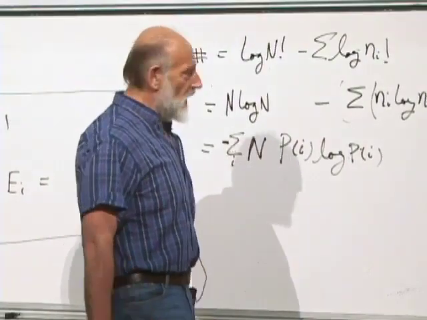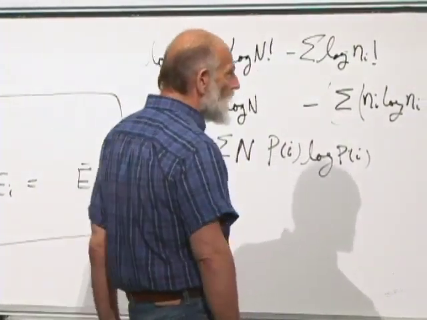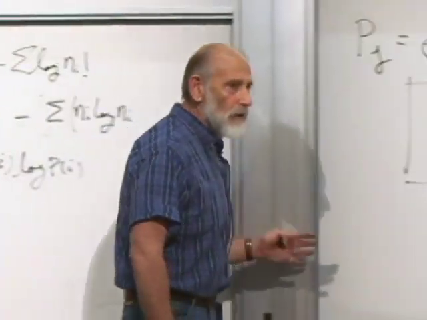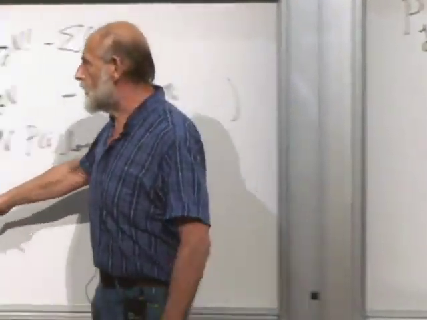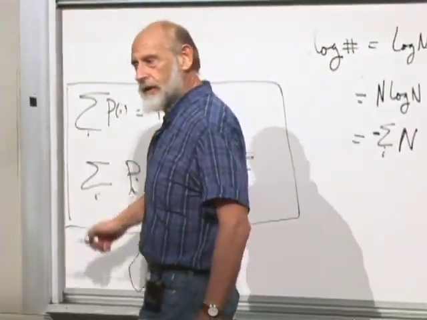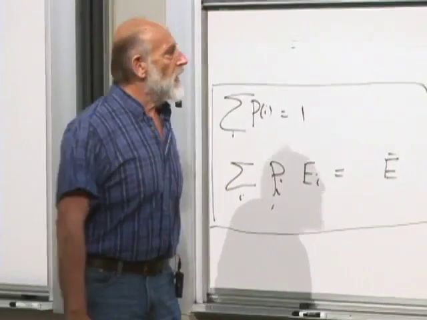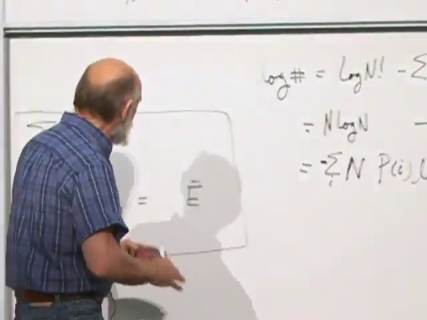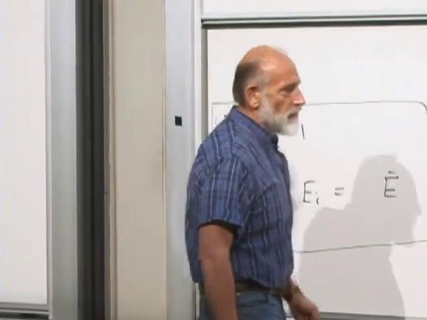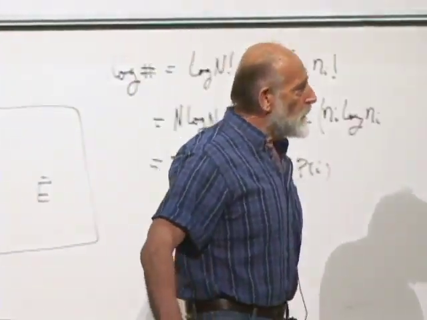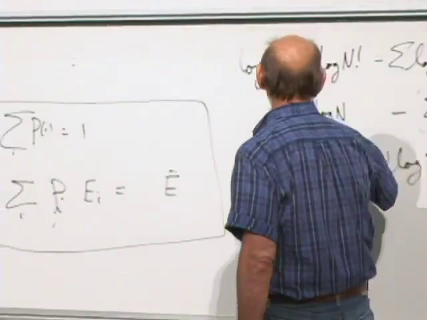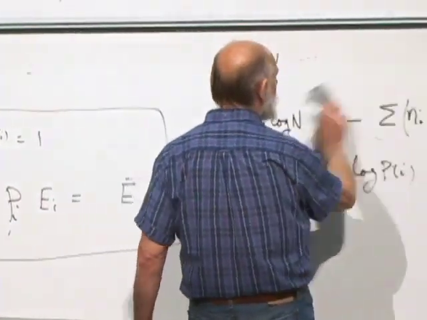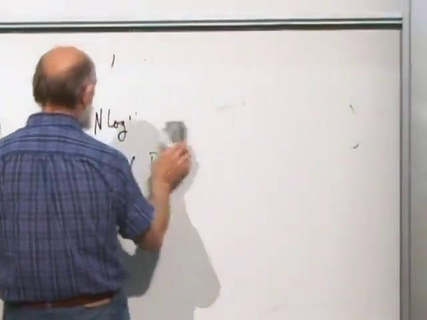When I say what is Z, I mean what we should do now is fix the Lagrange multipliers by making sure that the constraints are satisfied. Remember, after solving the problem, we have to go back and pick the Lagrange multipliers so the constraints are satisfied. First constraint: the sum of the probabilities adds up to 1. Let's see what that says.